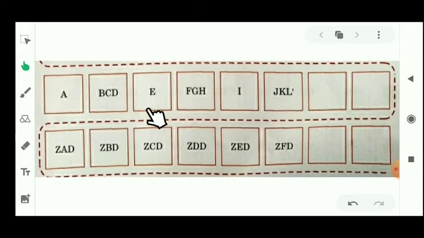Now, read the pattern. The first letter is only a single letter. Then 3 letters will come. Then a single letter, then 3 letters will come. Then a single letter, then 3 letters will come. So here will be the single letter. The single letter will be L. Here, you can see L is there. So after the L, M will come. That means here will be M. And after the M, the 3 letters are N, O, P. So here is the M and here is N, O, P.